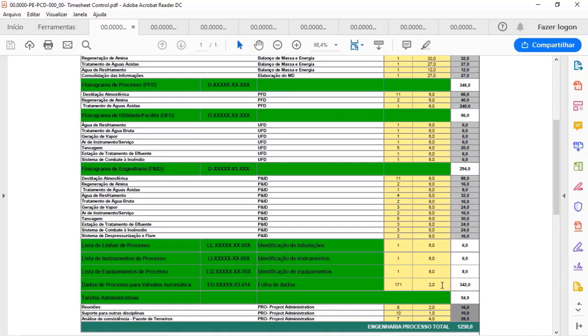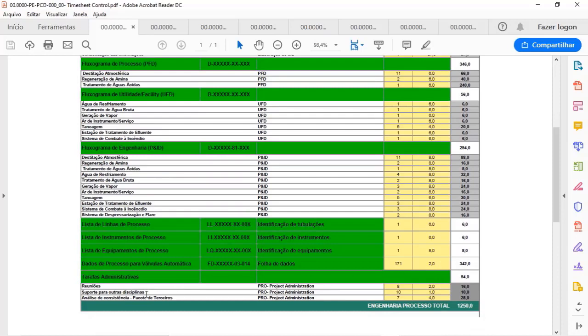I would expend 342 hours to complete this task. And more than that, I have also meetings to do, supports to other disciplines, and consistency analysis to do. So total chemical process engineering hours to be expended in this project would be 1,250 hours. And knowing how much the chemical process engineering hours cost, we can calculate the total cost of chemical